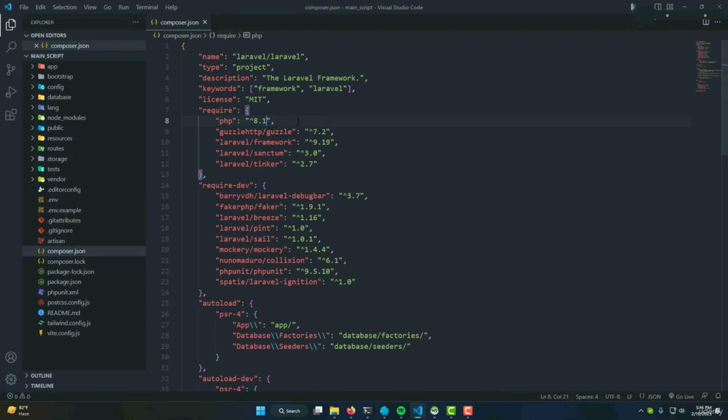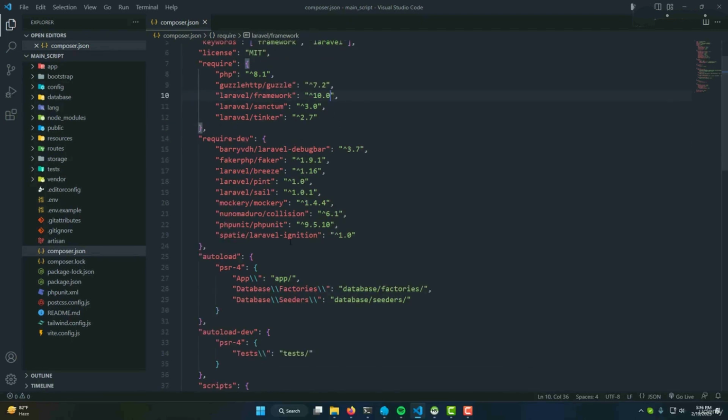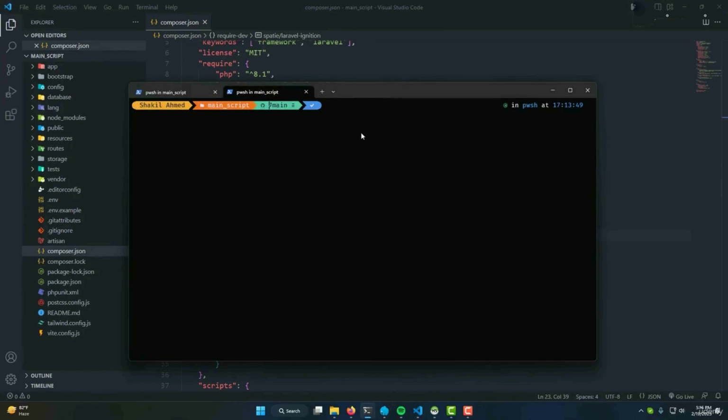Okay, after that we have to change our framework version. As you can see, our framework version is 9.19 here, right? So I'll change it to 10.0. Okay, and at the last we have to change this Spatie Laravel Ignition. We have to change this version to 2.0. Okay, that's all we need to change in our composer. Then after that, let's go to terminal and I'll run composer update, enter, and it will update our Laravel version